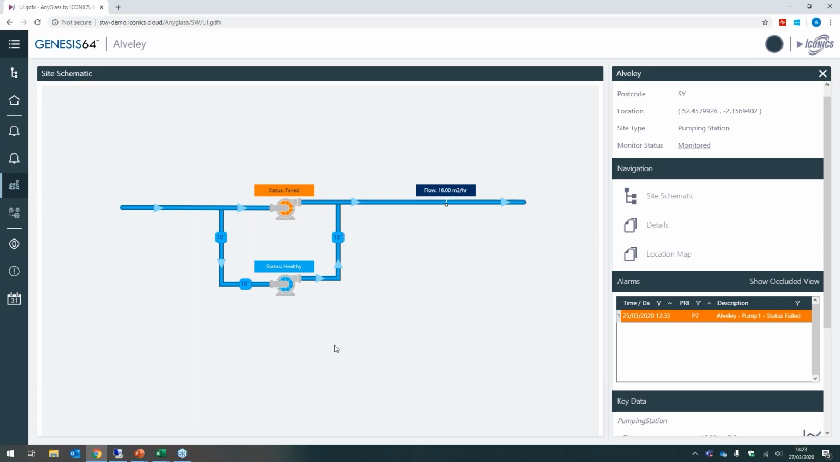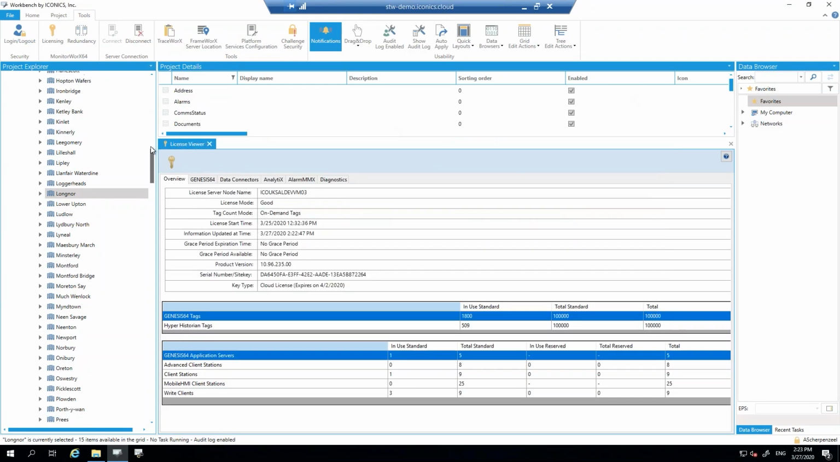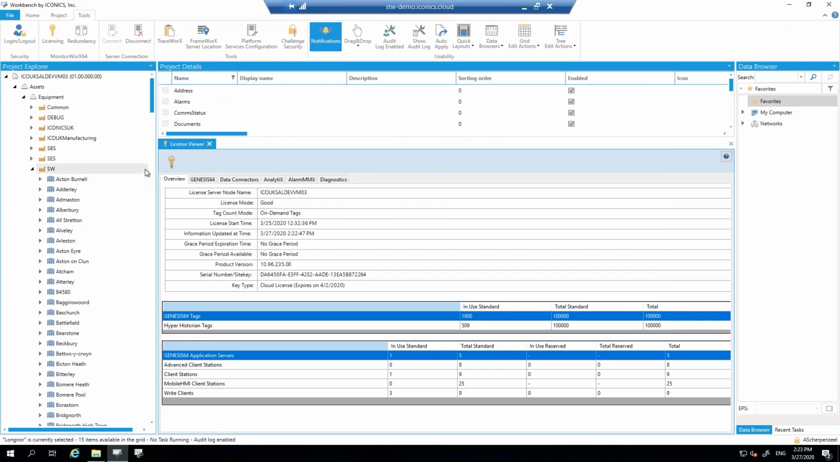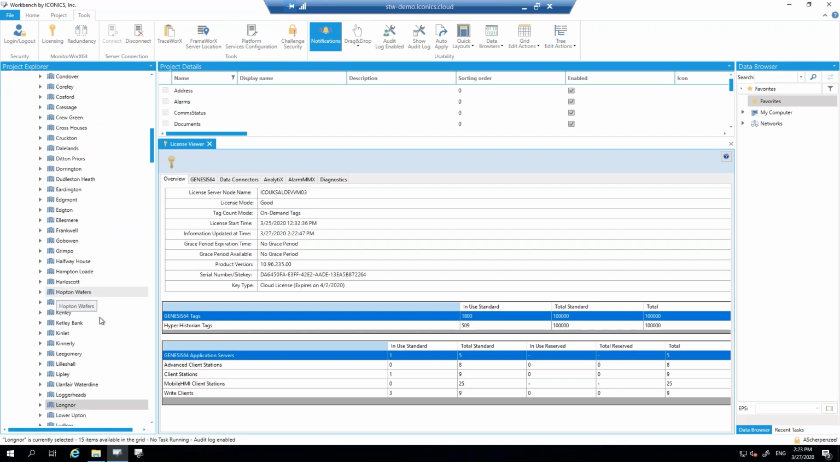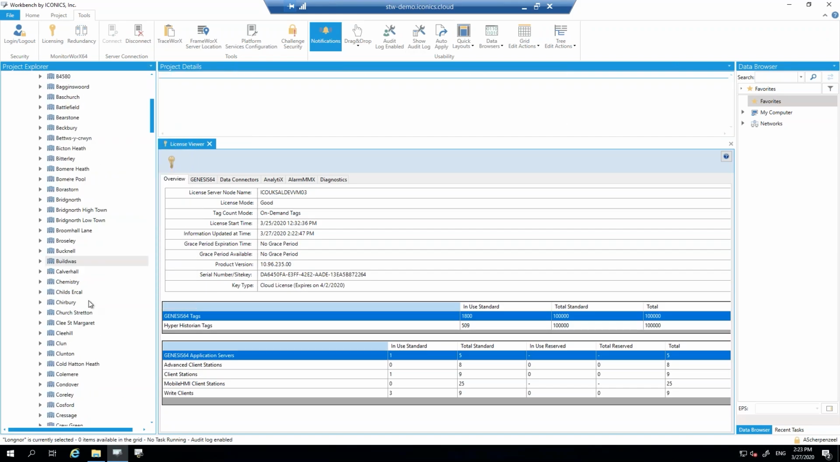So how does this work in the background? If I go now to our workbench, let me minimize this window. This is the Iconics workbench where everything is configured. What you'll find here, if I look into this section called SW, which is the Shropshire Water section, is a large number of sites, and each of these sites contains data. So if I do a refresh for a second, to get the most up-to-date list,